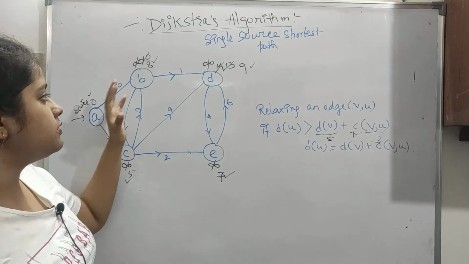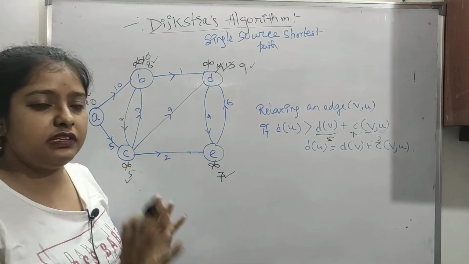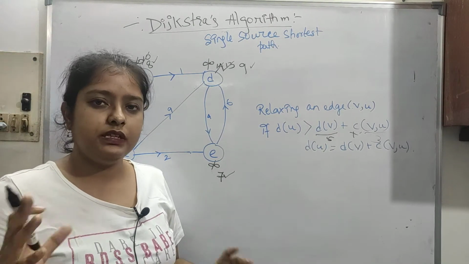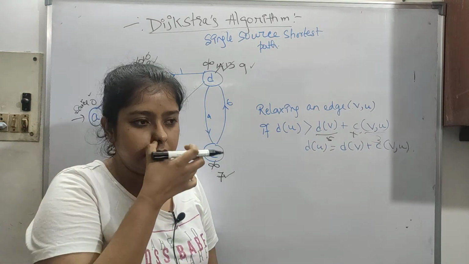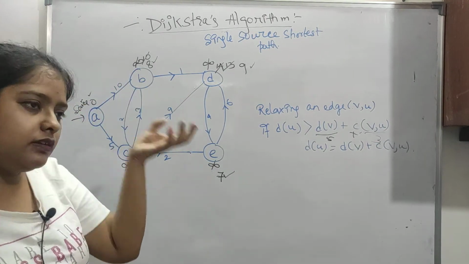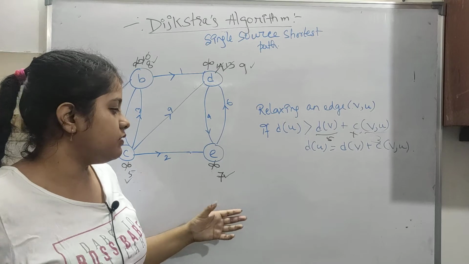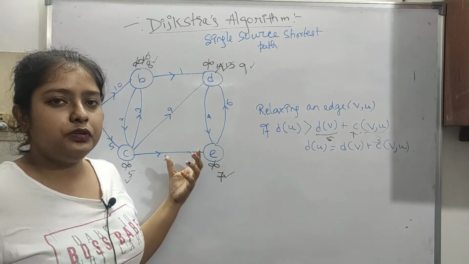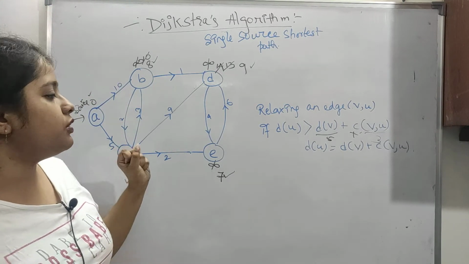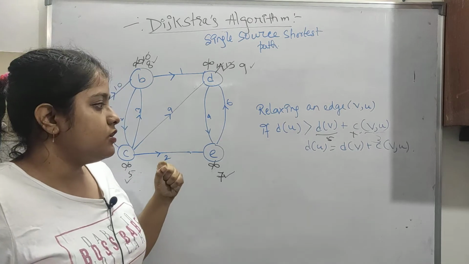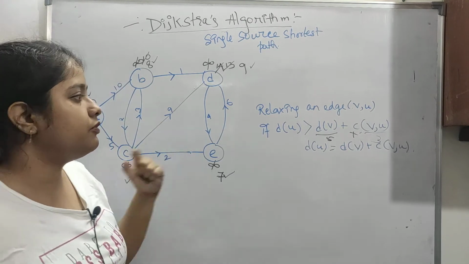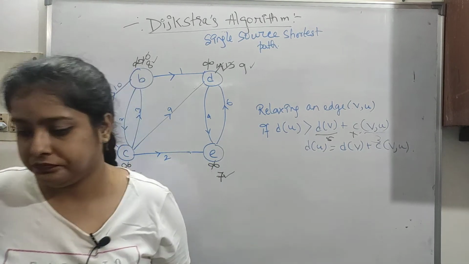So just for now, see how easily we can do without this huge table. In semesters you have to do the table, no other way, but in GATE, we are mainly focusing on GATE only. So here we can use this smaller way and we can get the answer. So that's it. Now we will move on to the algorithm.